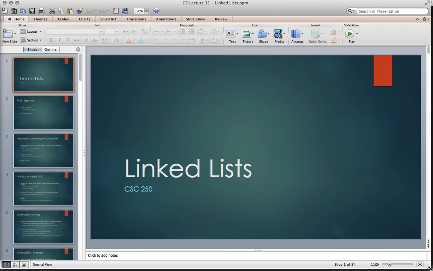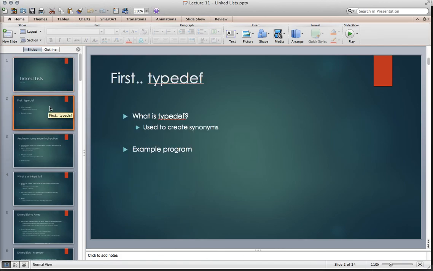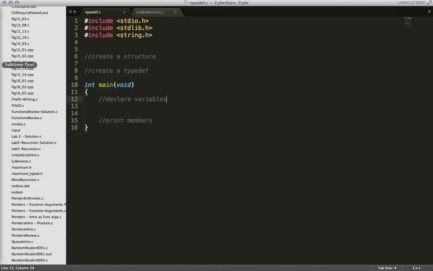So we're going to cover those two topics first in this lecture, and then the follow-on lectures will introduce linked lists, and then we'll go into some more detail about it. So with that, we'll get started on our very first topic, and that is type definition. So what is type definition? Type definition is something we can use in the C programming language in order to essentially create a shortcut. It's called creating a synonym, and the best thing to do, I think, is just to jump into some code